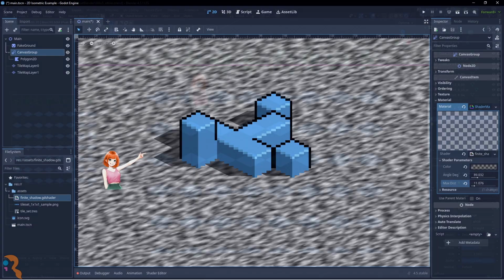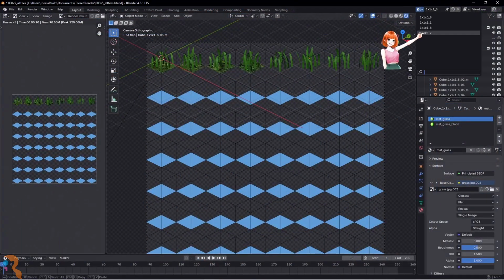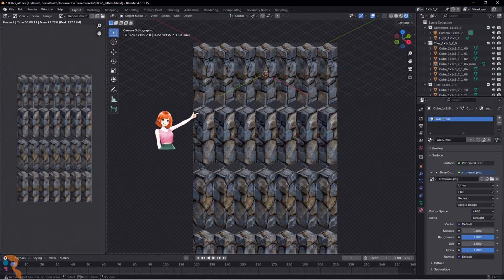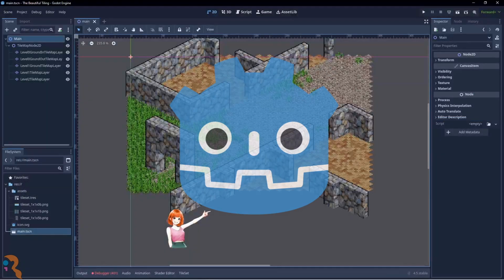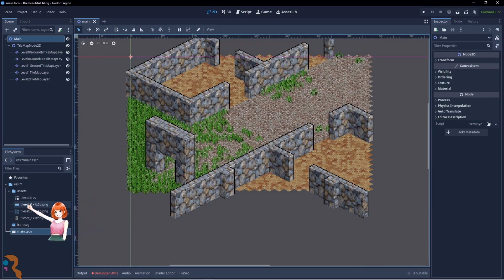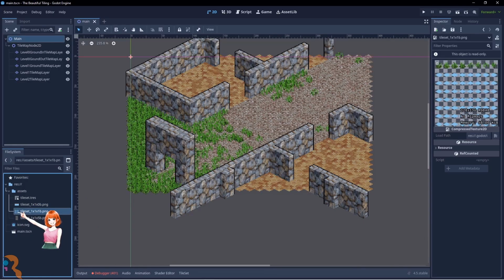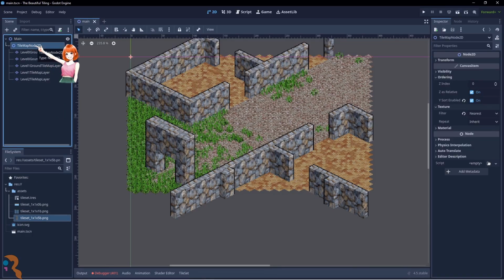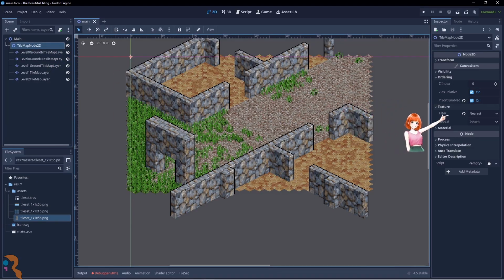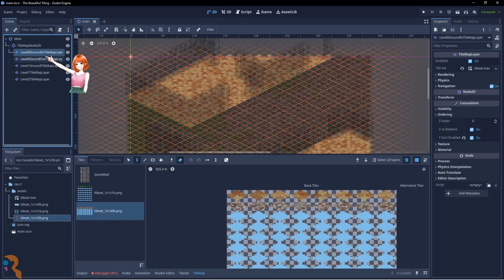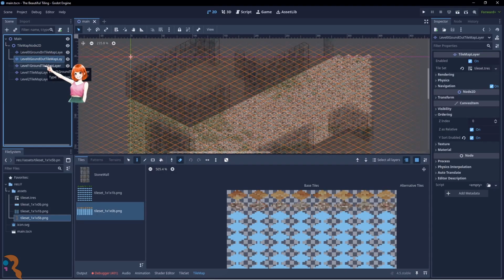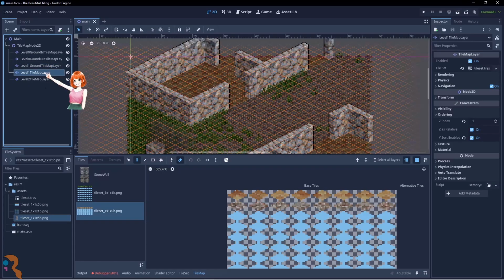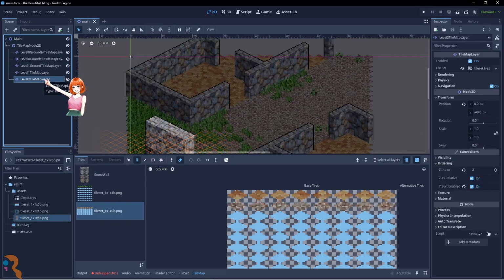tiling. Let's start again with Blender, producing an industrial set of texture-mapped tiles, and import them into Godot, building a sample scene. We have flat tiles for flooring, decorative tiles for grass, and walls divided into columns to give you more freedom in arranging them. In the scene tree, we have a parent node that sets the texture mapping filter for all layers, and a ton of layers: internal floor and external ground at level 0, plants and walls at level 1, and finally, the walls on the second floor.